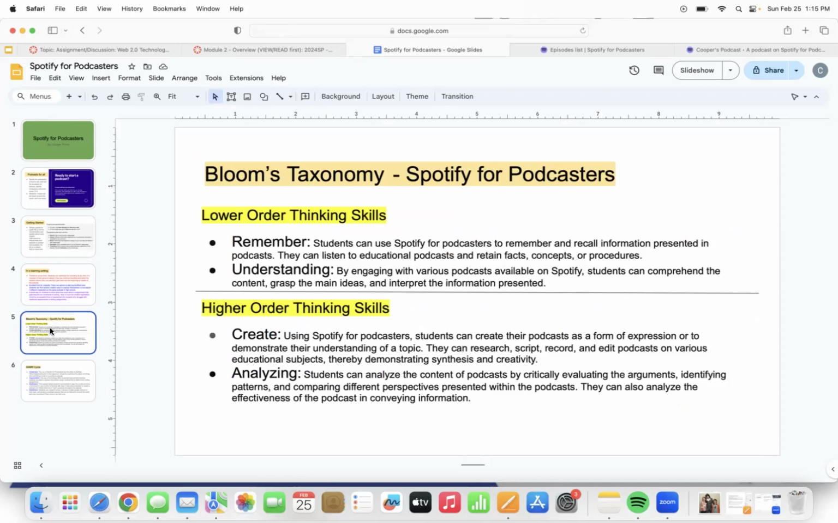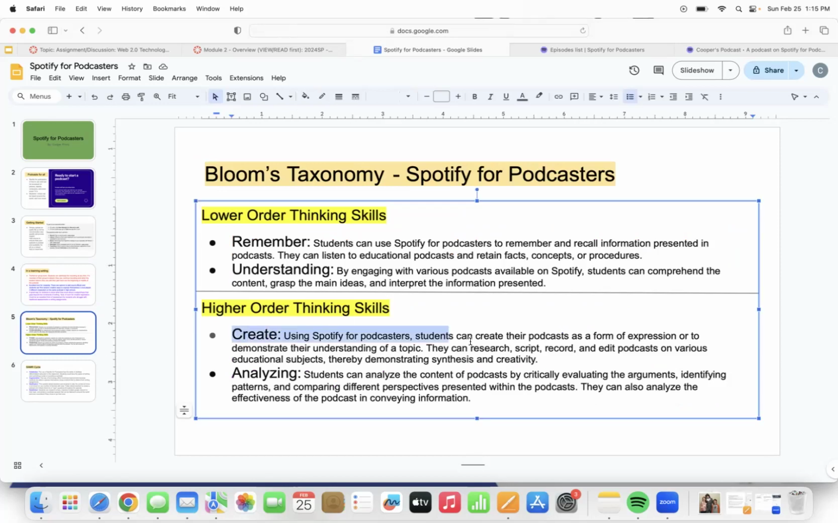So in terms of Bloom's taxonomy, it's so hard to choose just one. I think if I had to choose just one, I would choose create, a higher order thinking skill. Using Spotify for Podcasters, students can create their podcast as a form of expression or to demonstrate their understanding of a topic. They can research, script, record, and edit podcasts on various educational subjects, thereby demonstrating synthesis and creativity. I truly believe that this is the best category,